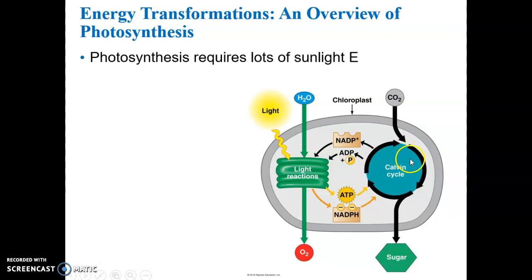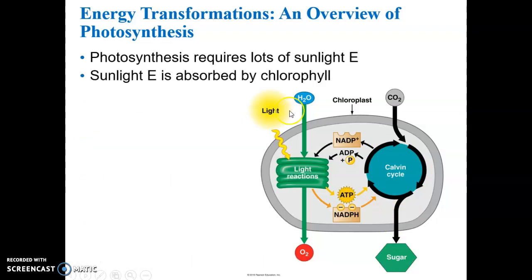So in photosynthesis, there's a Calvin cycle that ultimately produces the carbohydrates, the sugars. So the sunlight energy is the energy that drives this whole process. The sunlight energy is absorbed by the pigments, chlorophylls, which are arranged in the thylakoid membranes of the grana within